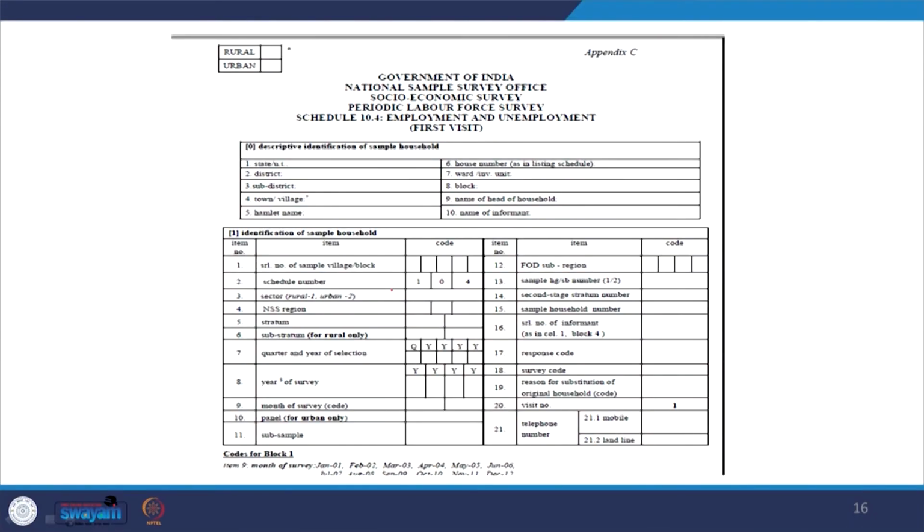The snapshot we are giving, you can go through the PLFS, you can search PLFS, and it gives the information in all those details. Even for IHDS, if you simply type India Human Development Survey and its schedule, it also gives the appropriate link. We will provide all those links and details in our respective lectures for IHDS, for NSS, for NFHS.